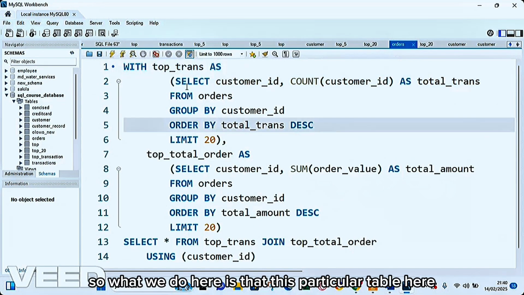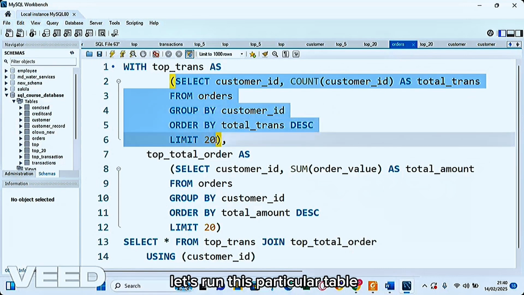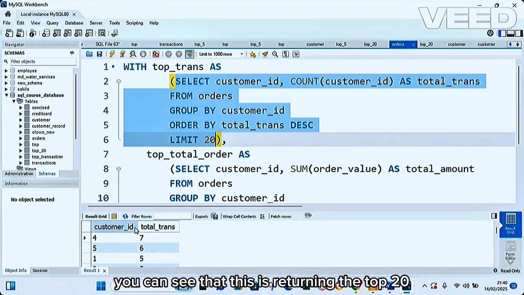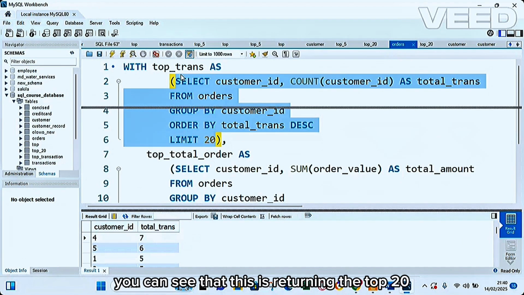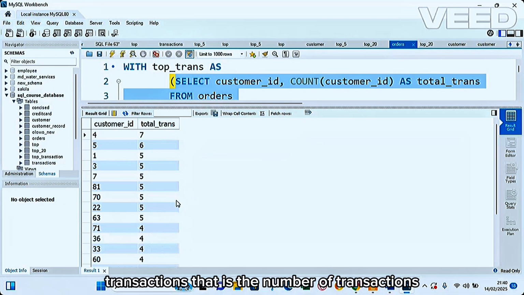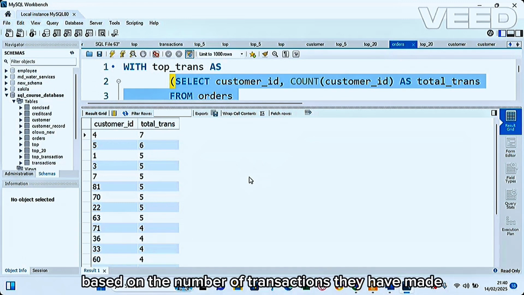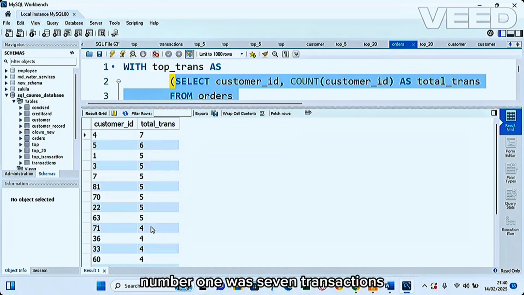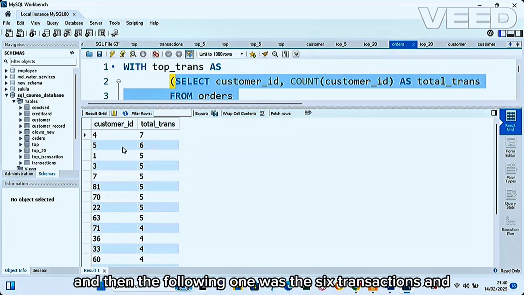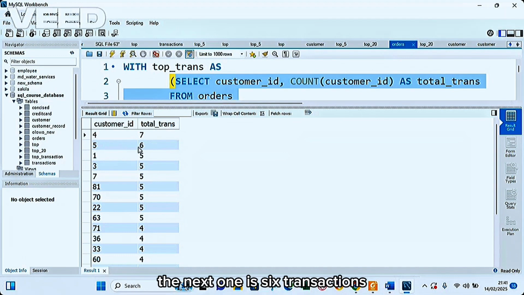So what we do here is that this particular table here, let's run it. You can see that this is returning the top 20 transactions, that is, the number of transactions. This particular subset is returning the top 20 customers based on the number of transactions they have made. Number one was 7 transactions, and then the following one was 6 transactions, and the next one is 6